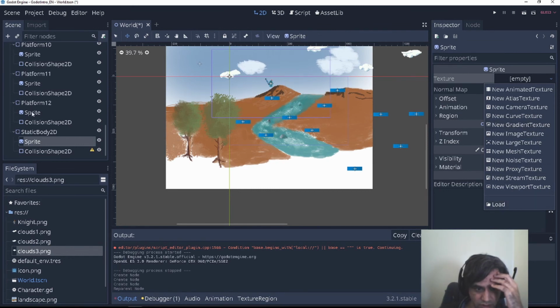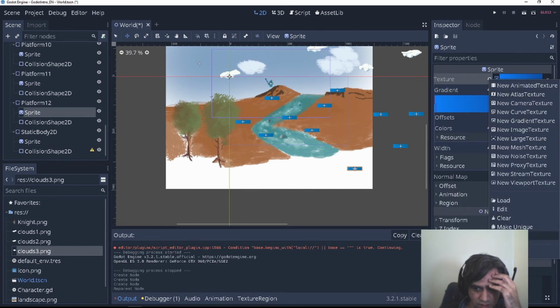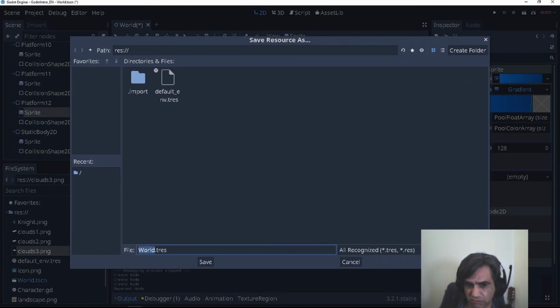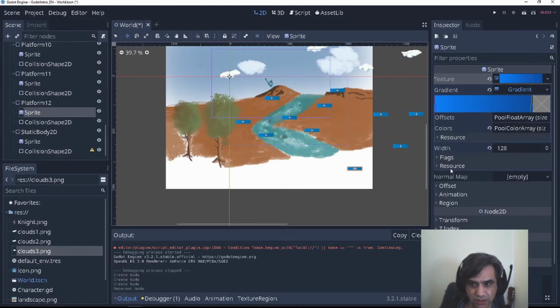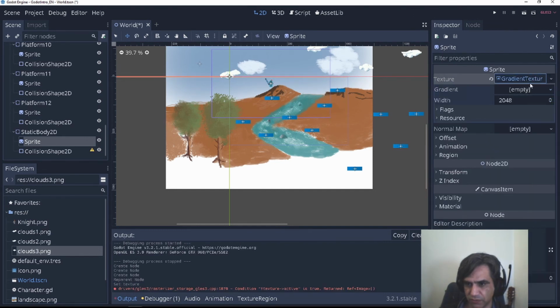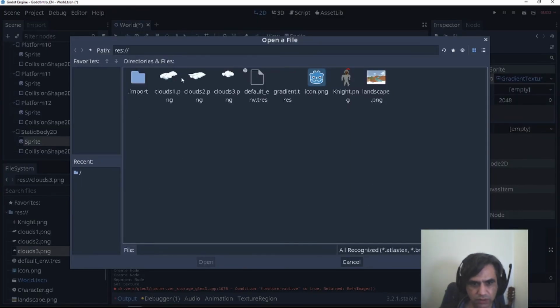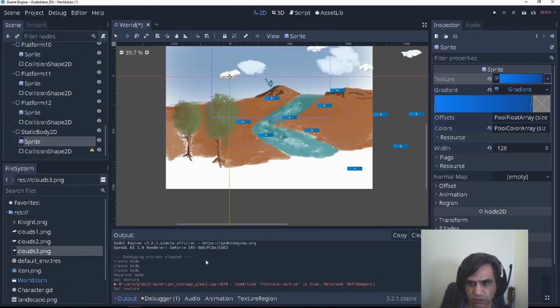I think I can, by saving this gradient. Save. Press save. So let's go here, select new gradient texture, or maybe load gradient, open. It worked. Cool.